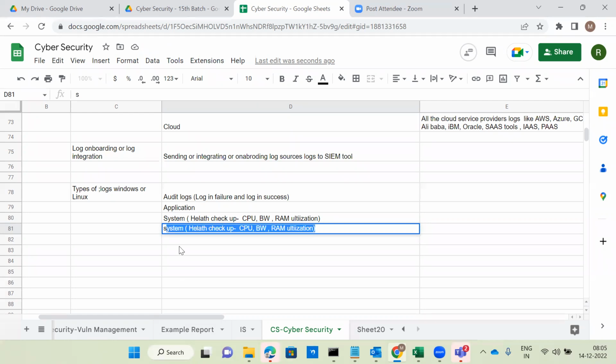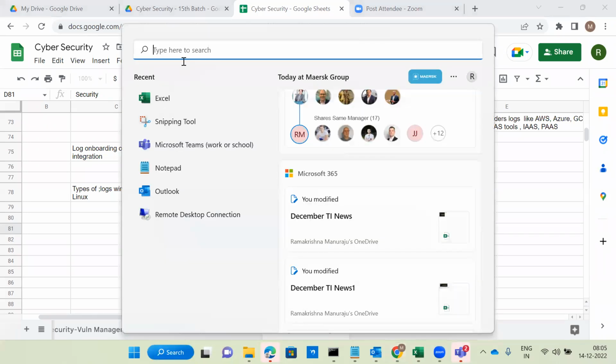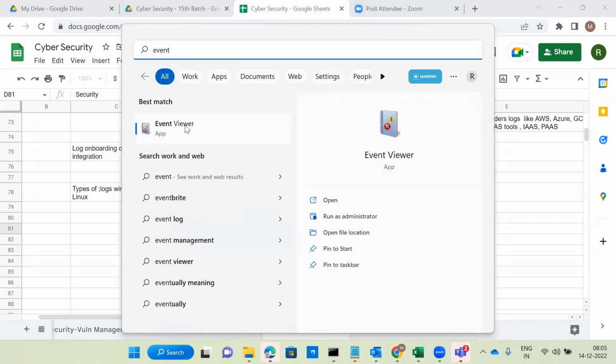Security related logs as well: other than authentication failure and authentication success, those are called security related logs. Practically, if I want to show, you can go to the search button and type event viewer. In your laptop also, this option is available. Click on this event viewer.